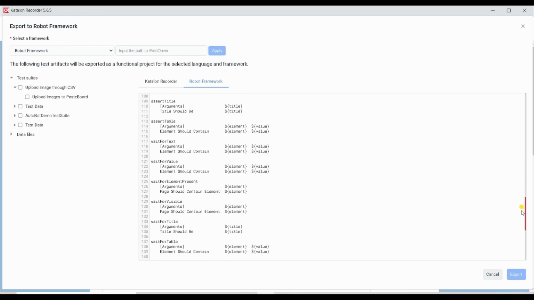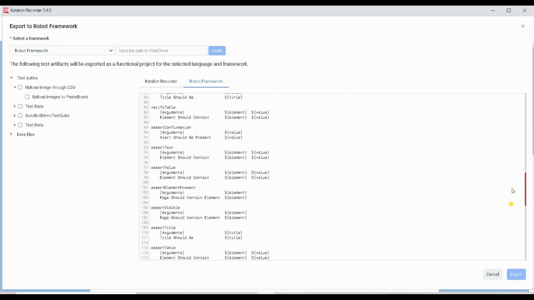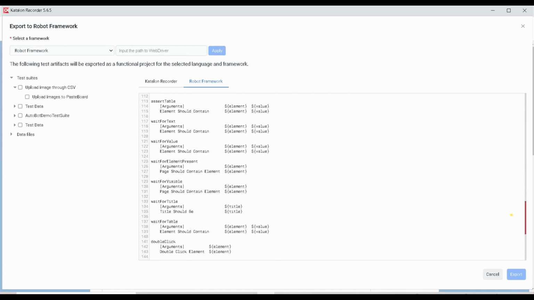Even if you are not going for this Katalon IDE, you can try to record your initial lines of code using Katalon IDE, and you can export this. Then you can reuse those lines of code in your Selenium scripting, or if you're going for something different like Robot Framework, you can use that script in your framework.